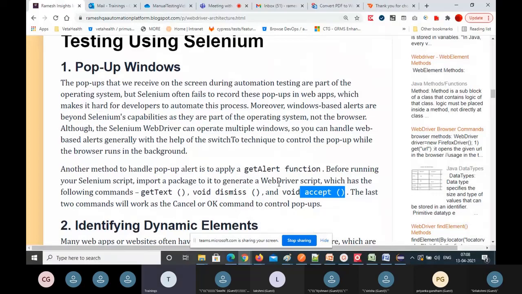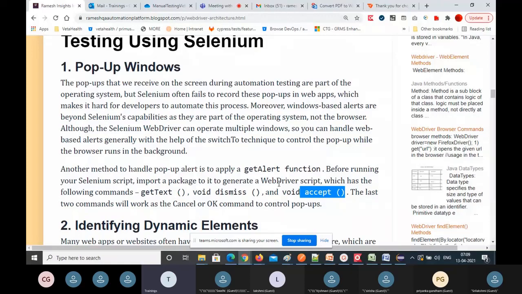Basically, in WebDriver web pages, you will get pop-ups. There are two different types of pop-ups: Windows pop-ups and web pop-ups. Windows pop-ups are alerts, written in JavaScript code. When you click on something, you will get a window alert. If you are not handling it, it won't allow you to act on other elements.